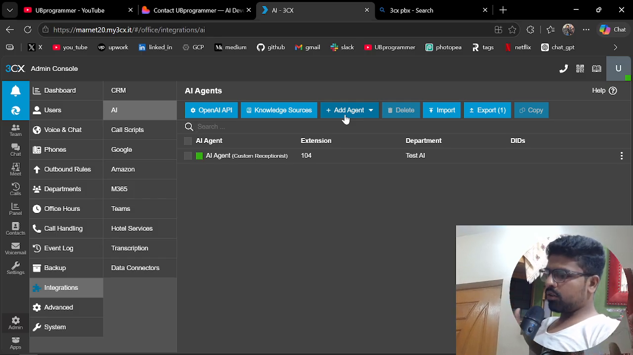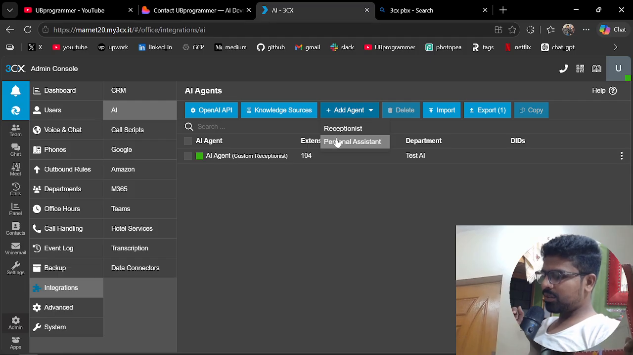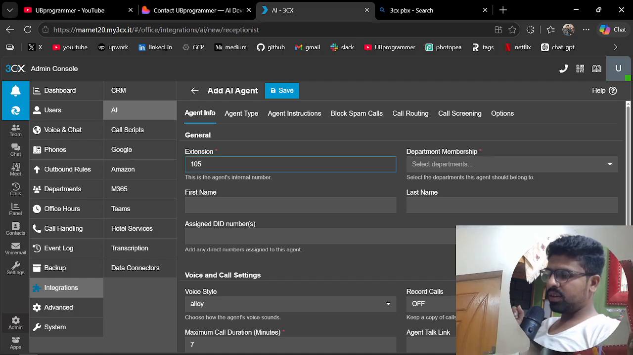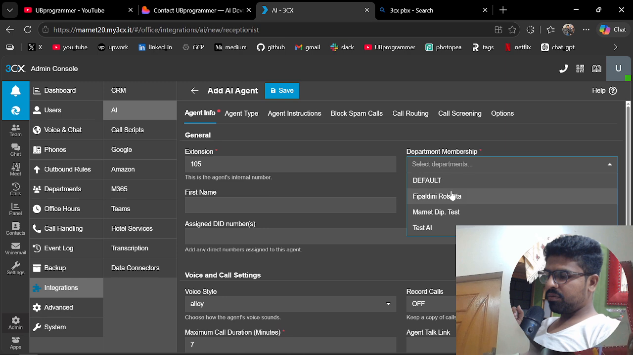Now let's talk about the functionality and how easy it is now in 3CX to build your agents. Easy in the sense of building, but when you actually deploy it in production, you see the level of challenges you face. Because I have been building a lot, I know what challenges are there and how to face them. So I am creating a receptionist agent. The extension will be 105, and the department will be